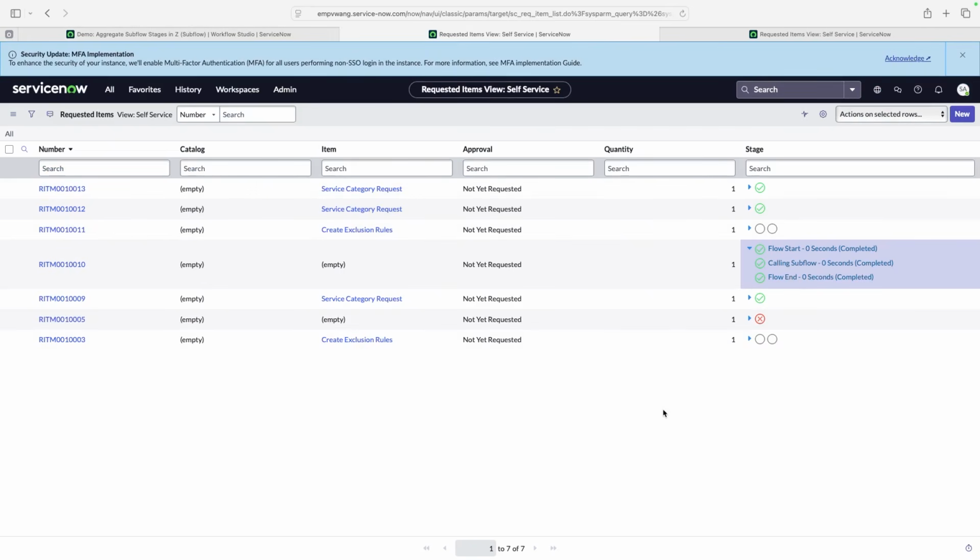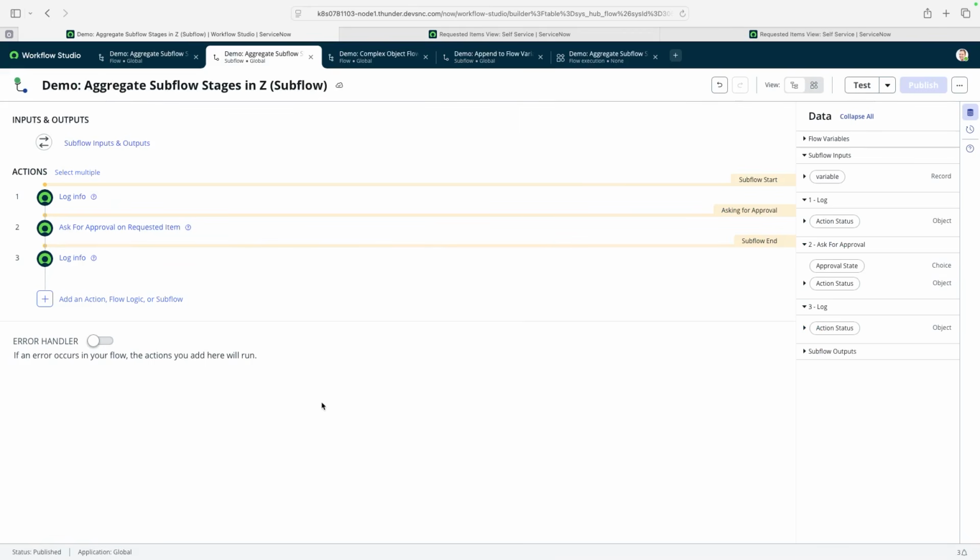So prior to the Zurich release, in a Yokohama instance, only the parent flow stages were visible during execution. So you'll notice here that there's no information about the subflow stages despite the fact that they're being executed, which makes it harder to trace what's actually happening in a nested flow. So going back to our Zurich instance,